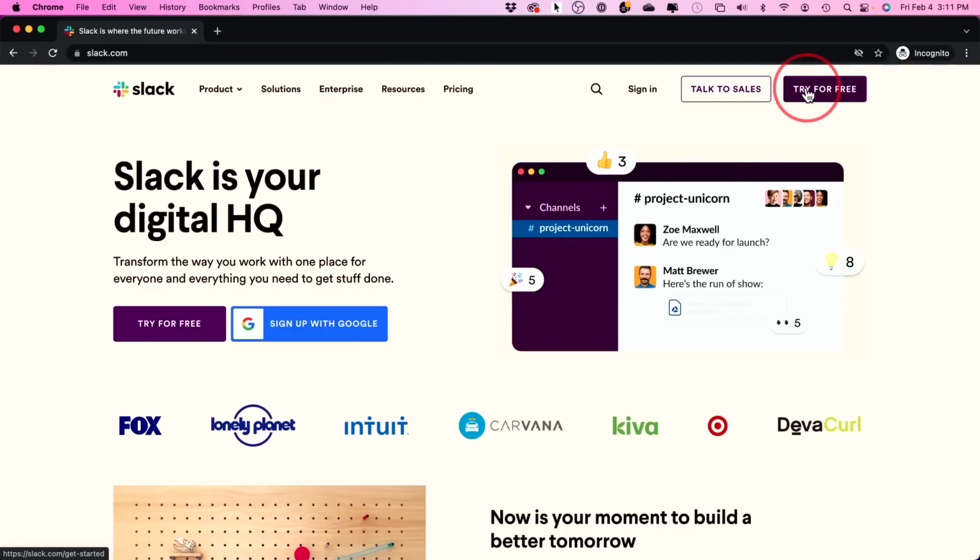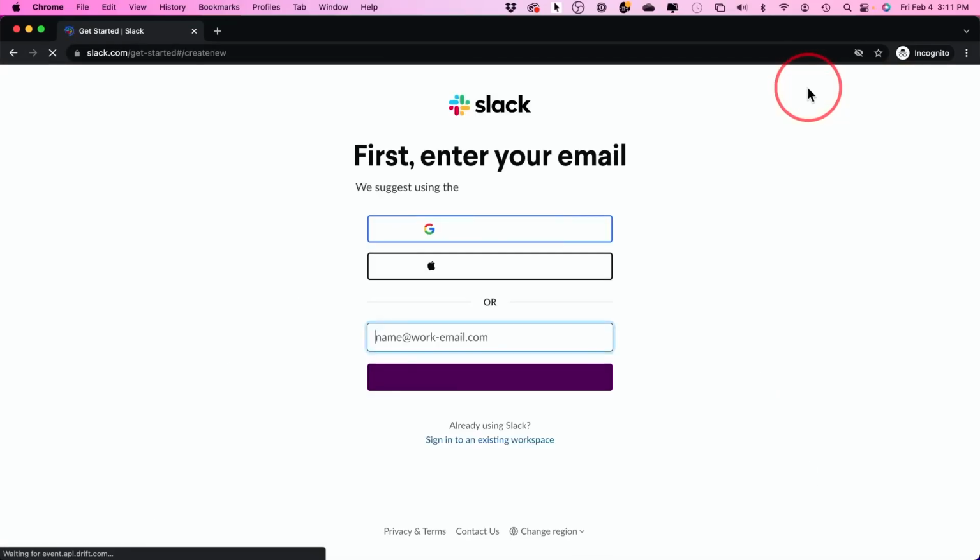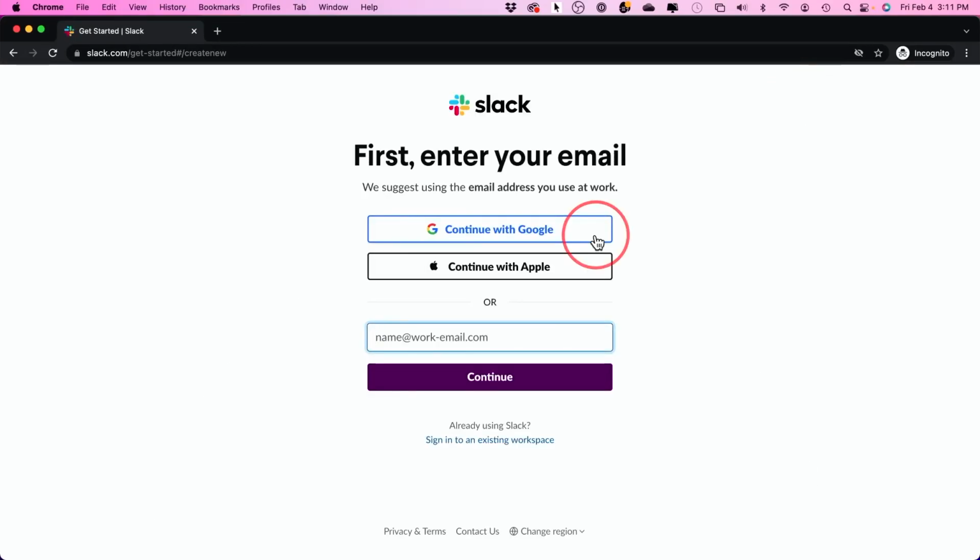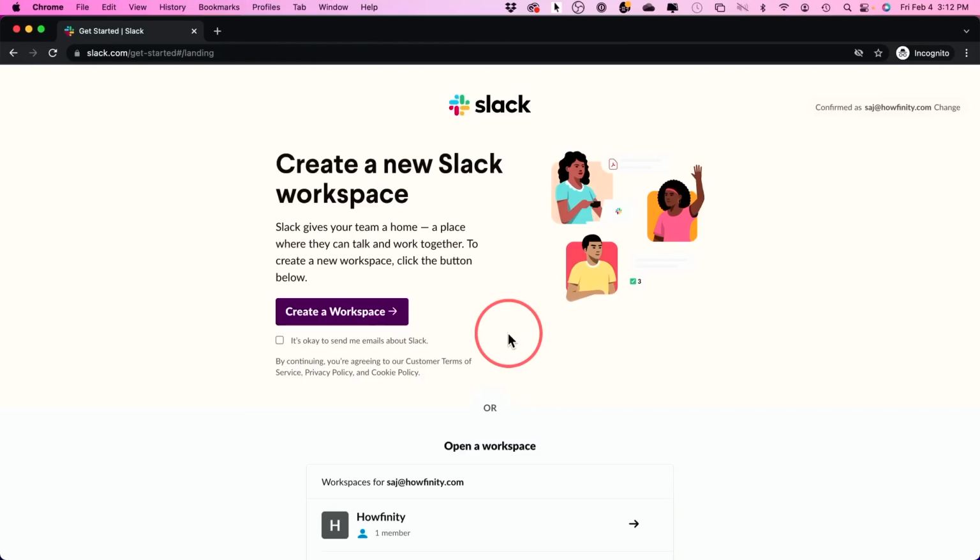Let's go ahead and try for free. We'll just click over here. And even if someone invited you to Slack, you still need to create an account for yourself when you click the invite link. So it's going to bring you to the same page. I'm going to go ahead and create one from scratch. Now, as long as you use the same email, if you got an invite to that email, you may see